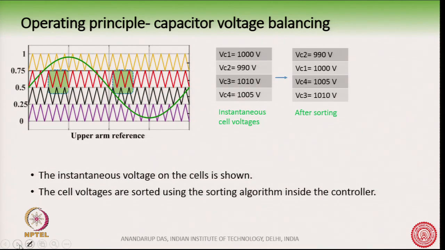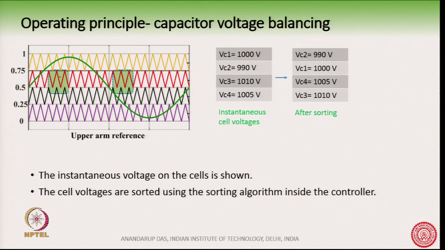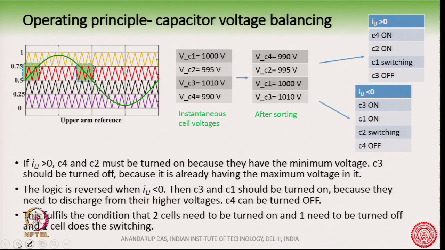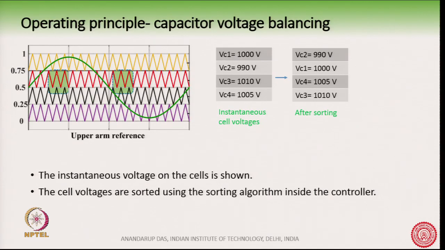Now, suppose at any particular instant, these two zoomed areas have shifted, sorry for that. These are the two zoomed areas. In this figure there is a mistake: the zoomed areas have shifted. While doing the copy paste from the previous slide to this slide, I made a mistake, but you can assume that this zoomed area should have been here and here anyway. So, during this zoomed area at any instant of time,